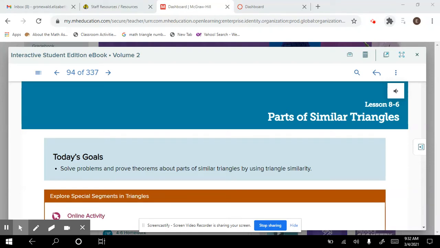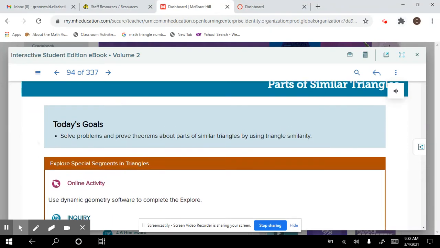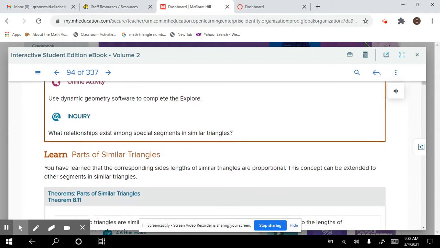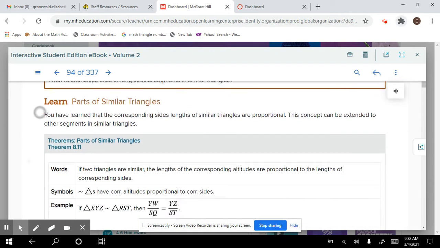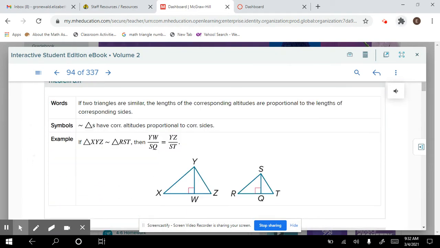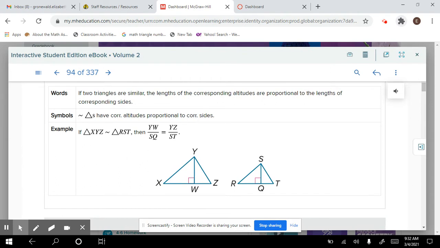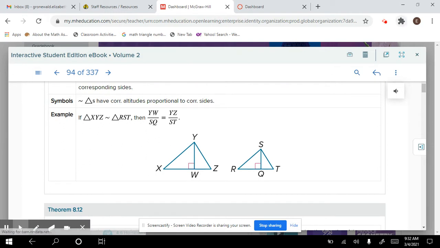So in 8.6, we're going to go over parts of similar triangles. We are starting with a few theorems, and what's nice about these is that it shows the picture that goes with them. If two triangles are similar, then their corresponding altitudes or heights are proportional to the lengths of the corresponding sides. So in this one here, we have